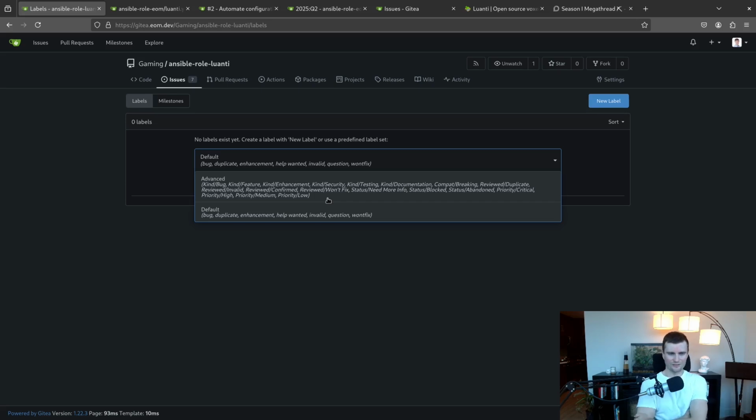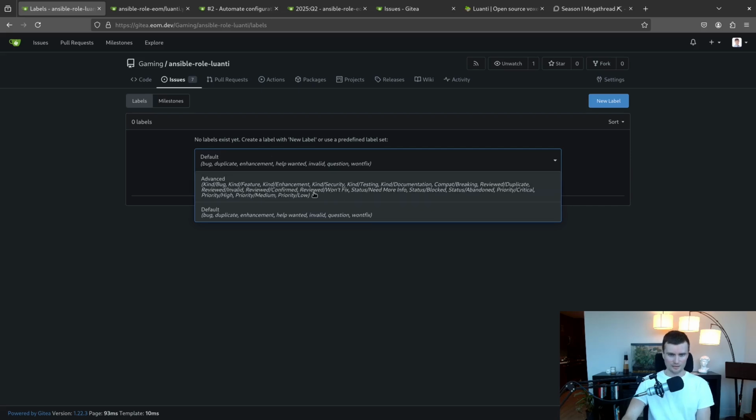So I don't know if I like this. Okay, I guess the idea here is that from kind, you would pick one of these labels, and then from compat, there's only one, breaking compatibility, and you would say that this breaks compatibility. Okay, I can see that. Reviewed, and you can have it reviewed as duplicate, invalid, confirmed, or won't fix.